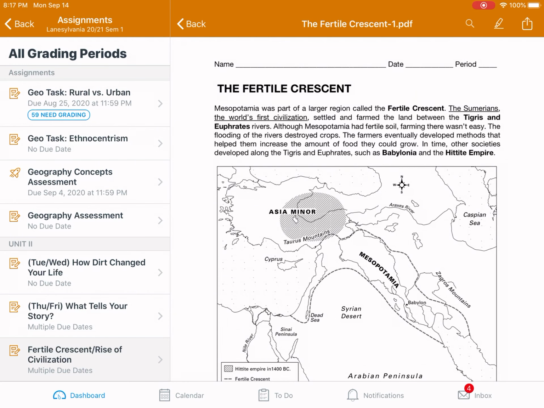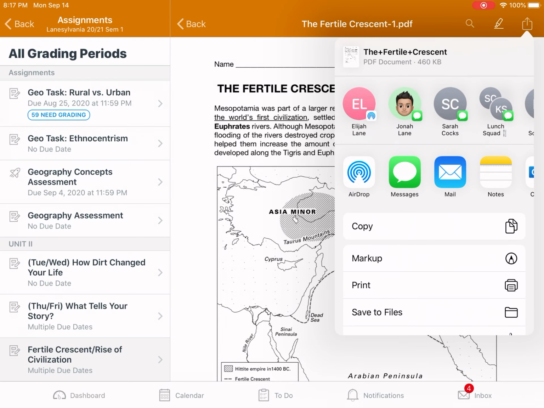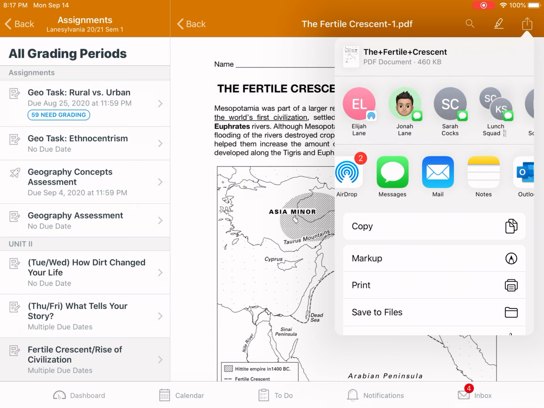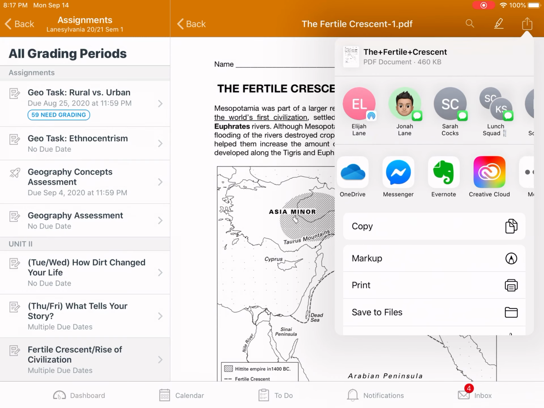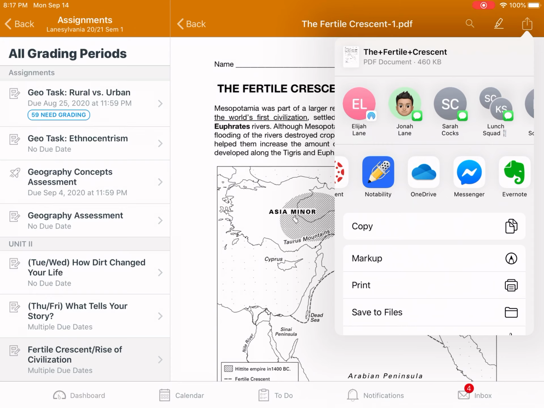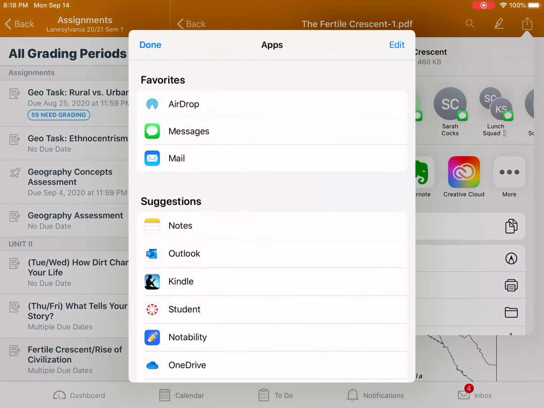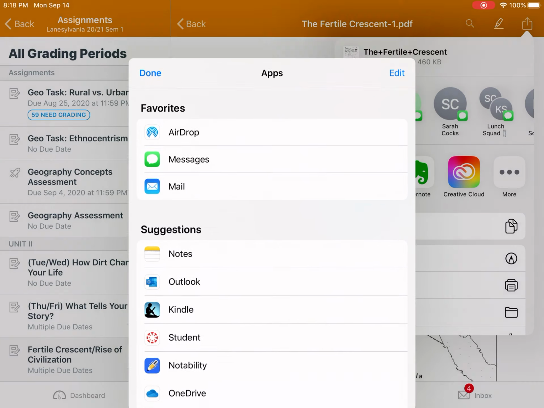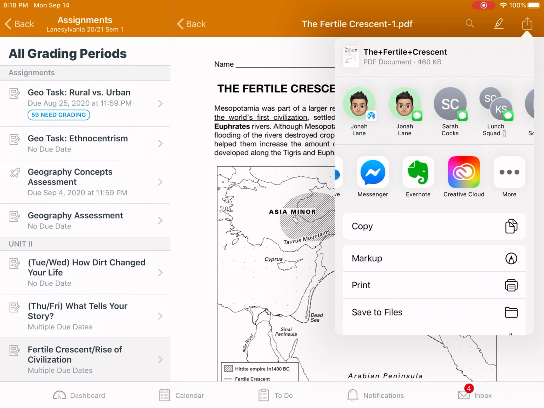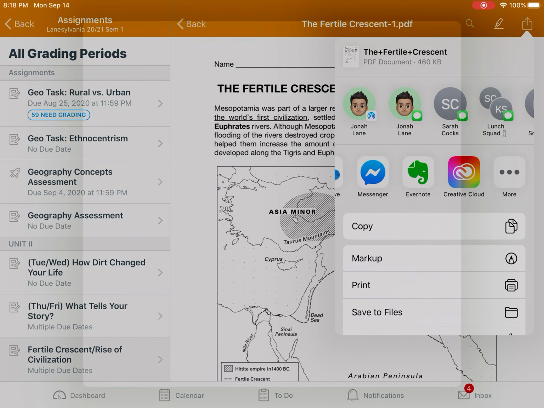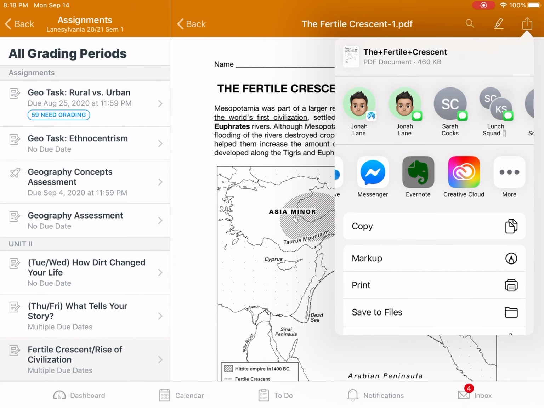So I'm going to go up to the top right corner with the box with the arrow coming out. I'm going to tap that. And you have options of where to send your document. So you're going to scroll over. If you don't see the OneDrive icon, which is the white square with a blue cloud in it, go over to this More with the three dots and the More. Go ahead and find it and tap on the OneDrive there. I've already done that, so you can see that mine is already shown here. So I'm going to tap on the OneDrive app,